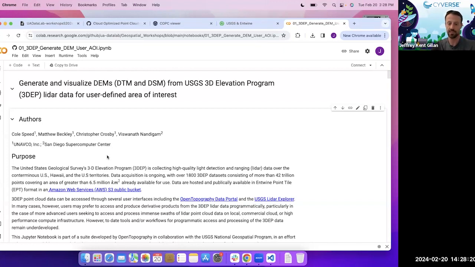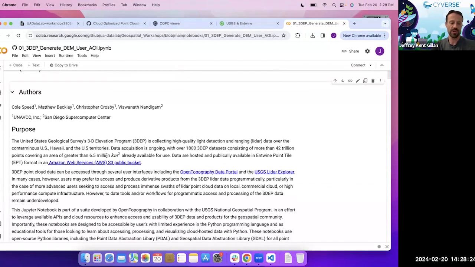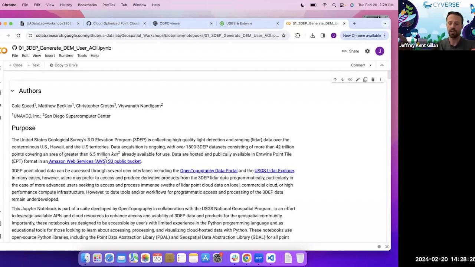So that's where the data is located. And through some really fancy coding, we are going to make an area of interest, basically like a bounding box. And we're going to pull the data from Amazon, and we're going to do some basic analysis. We'll take the LiDAR points and turn them into a digital elevation model, or raster,